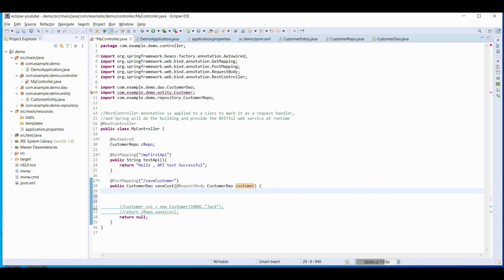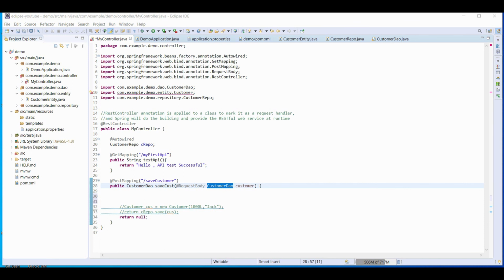We are getting a customer DAO object, but we cannot save this DAO object to our database. We know that only entity classes can be saved to our database, and this customer DAO class is not an entity class.